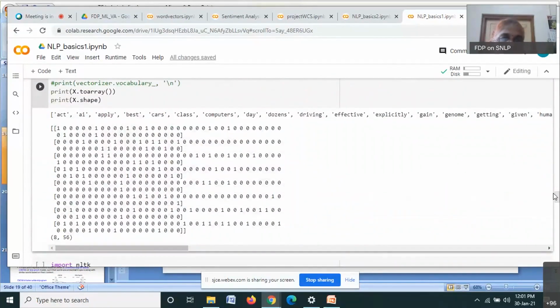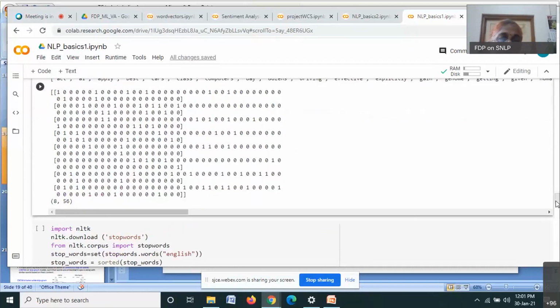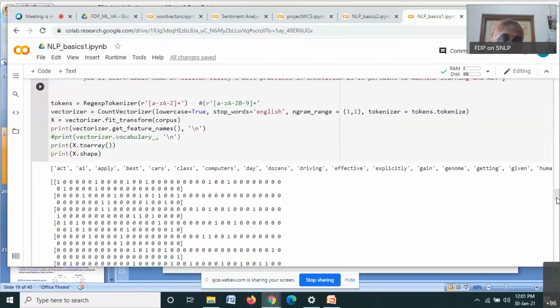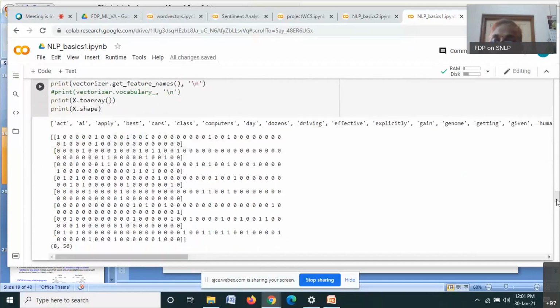And this is what we have. I have given toarray because I'm getting a sparse matrix otherwise. Because it is a CountVectorizer, I'm getting 1 and 0. If you make it TF-IDF, then you'll get decimal numbers.